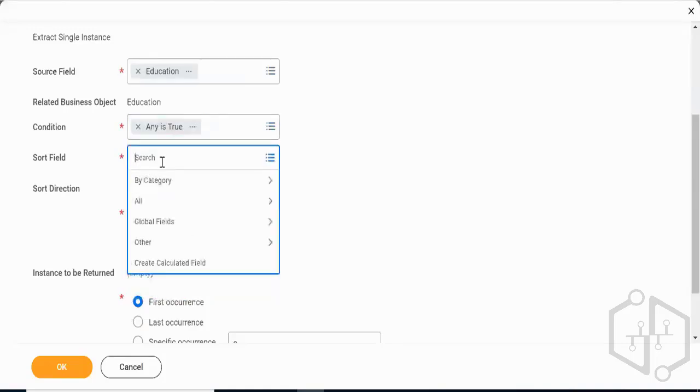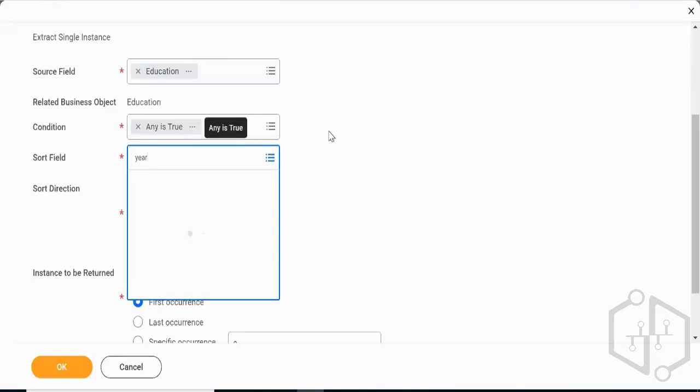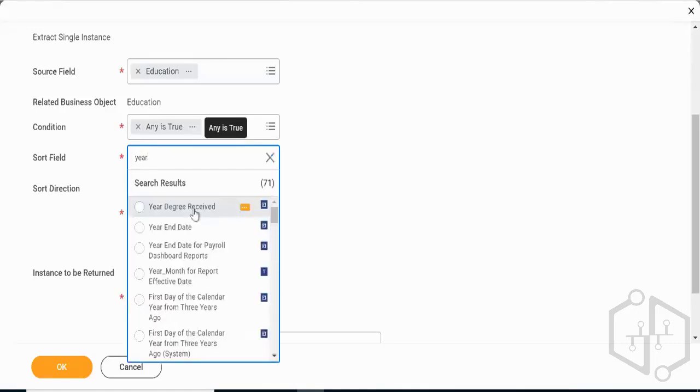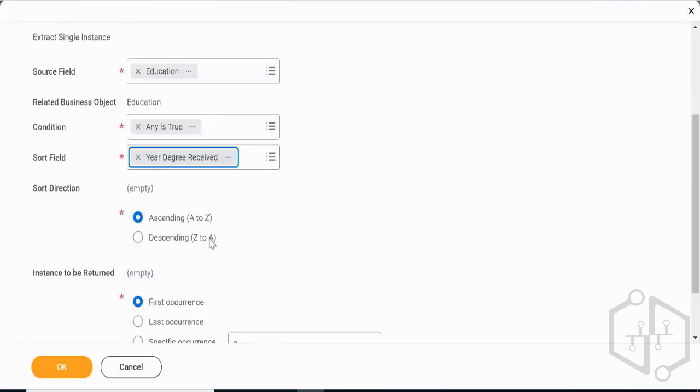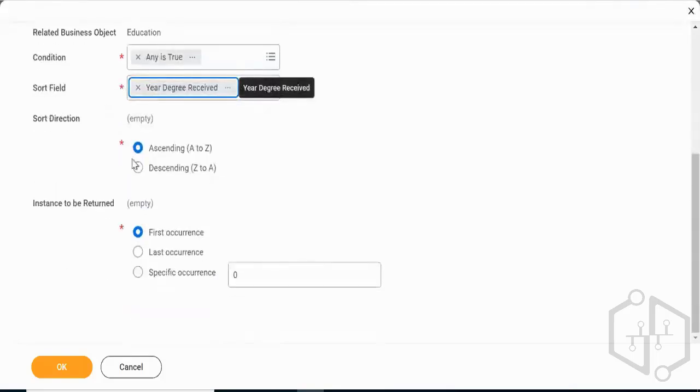Sort field, I have to give in what order I should pick up the field. Suppose I will have to take it through year degree received. Then it would show me the year degree received. And sort direction ascending or descending. Descending, if I select, it would select it from the latest year. And instance to be returned: first occurrence, last occurrence, special occurrence. First occurrence is the latest, last occurrence is the earliest, and special occurrence if I want to select the